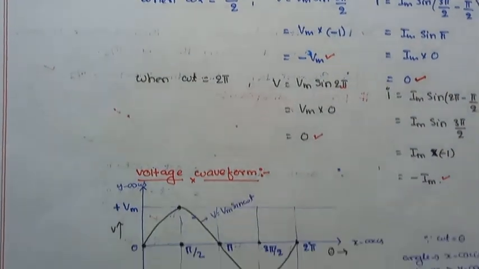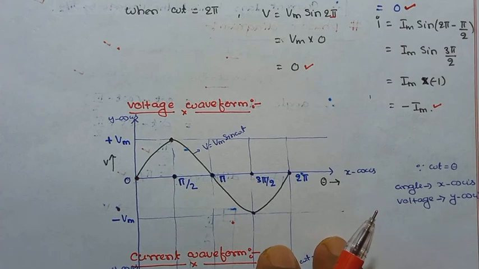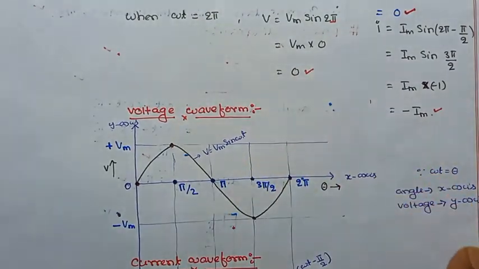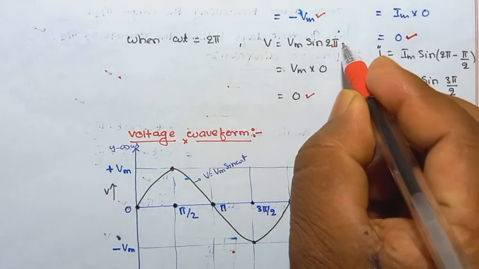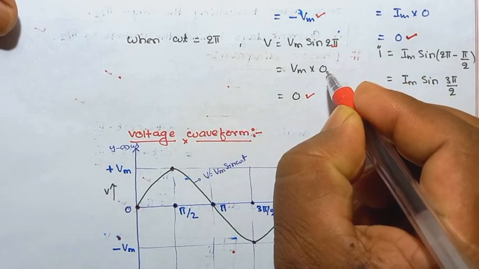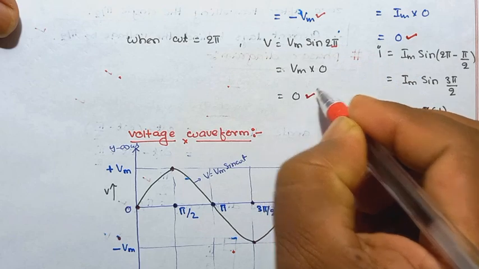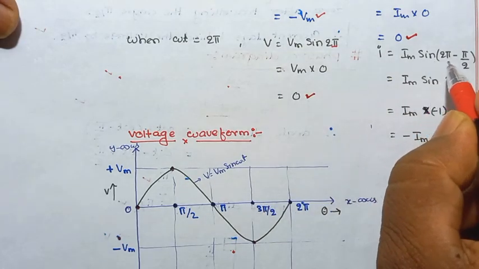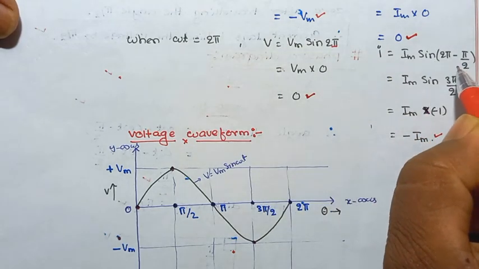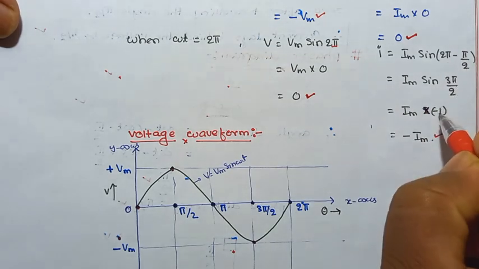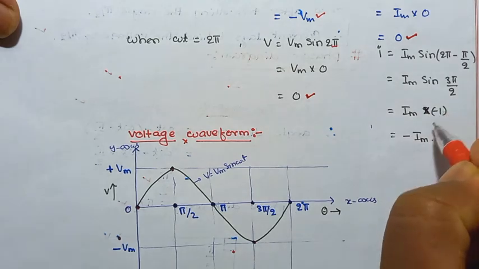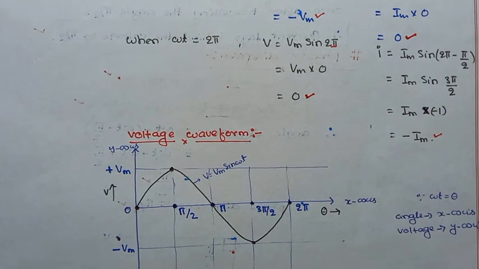Now we will put omega t is equal to 2 pi. So V is equal to Vm sin omega t. In place of omega t, we will put 2 pi. Sin 2 pi is 0. So Vm into 0 is 0. I is equal to Im sin 2 pi minus pi by 2. So 2 pi minus pi by 2 is 3 pi by 2. So sin 3 pi by 2 is minus 1. So Im into minus 1 is minus Im. So for taking the different values of omega t,